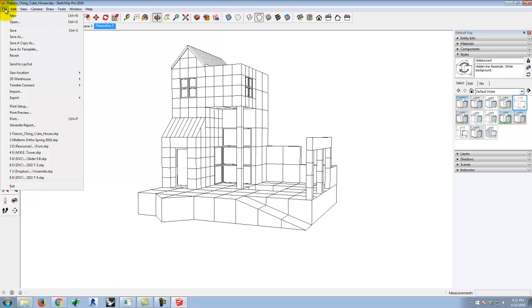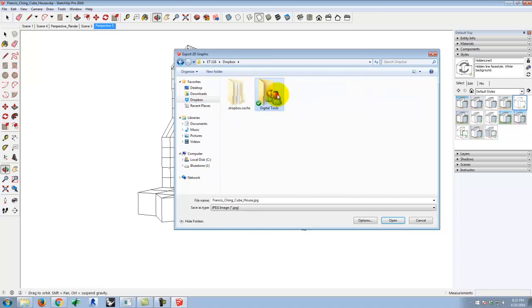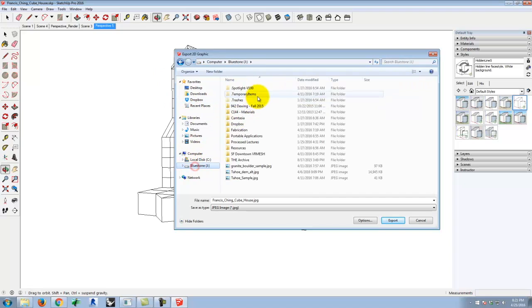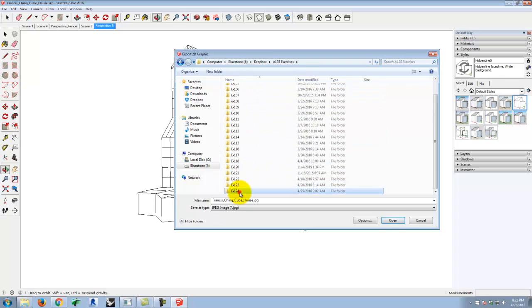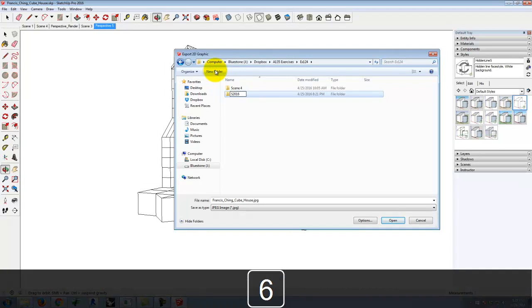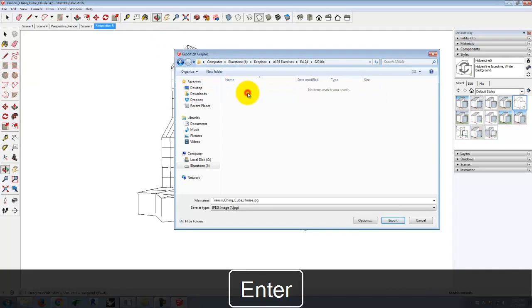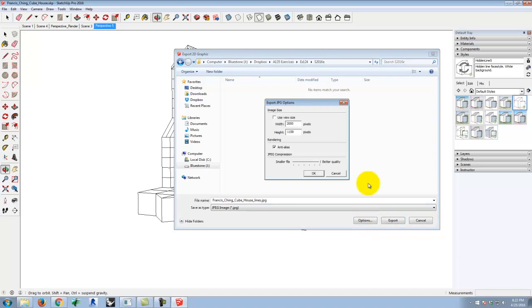All right, so I'll go to File, Export 2D Graphic, and I'm going to make sure that my Save As type is set to JPEG, and we'll save it on my flash drive here. I'm going to add underscore lines to the file name so that I know that this is the line drawing. Then I'm going to click on the little options button that's available here,